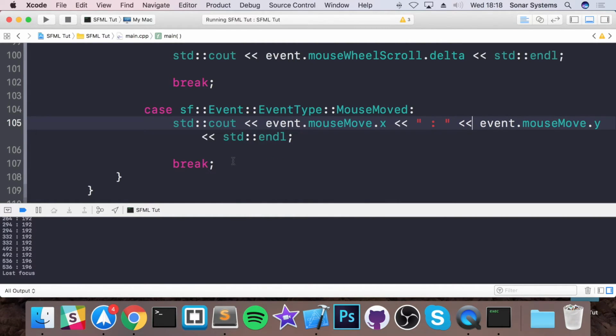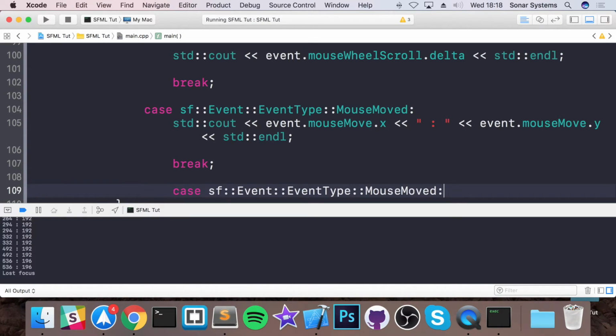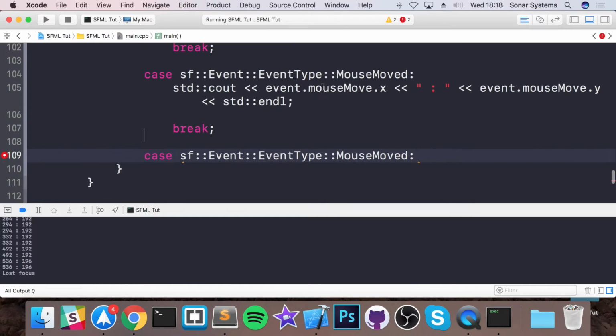Pretty basic stuff. Now we're going to handle if the mouse has left or entered the window. So let's just copy and paste this. So this is when the mouse has literally just exited, not lost focus or anything, just when it's no longer on the window. So this is mouse